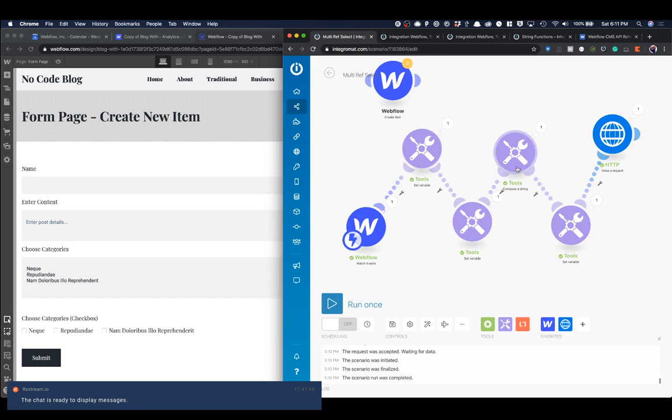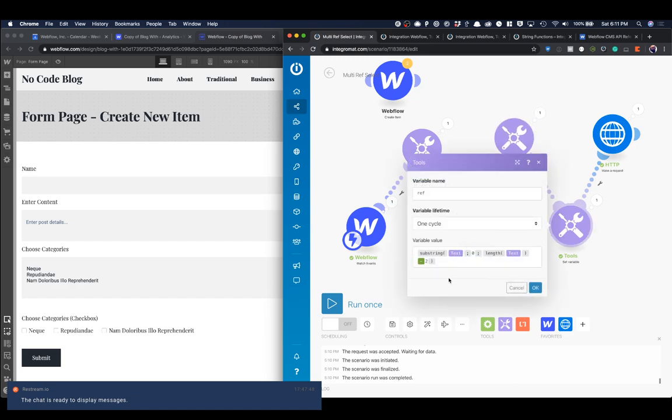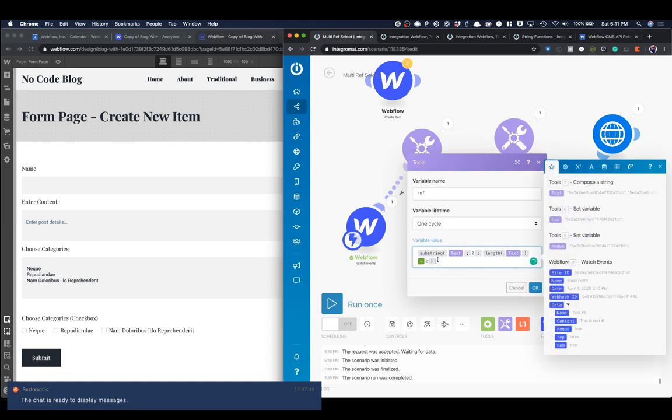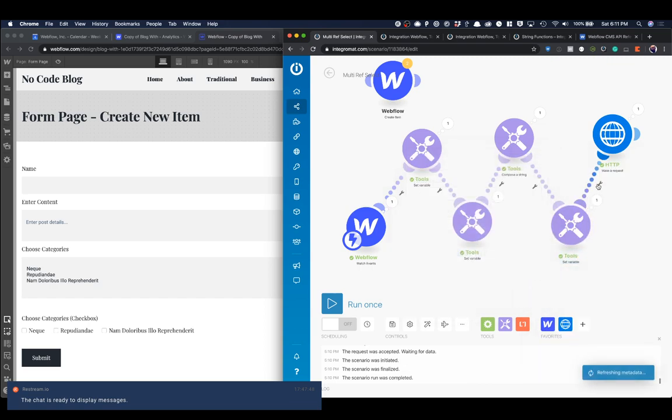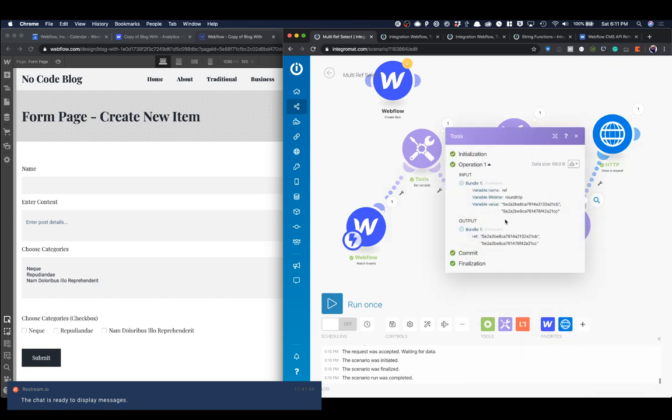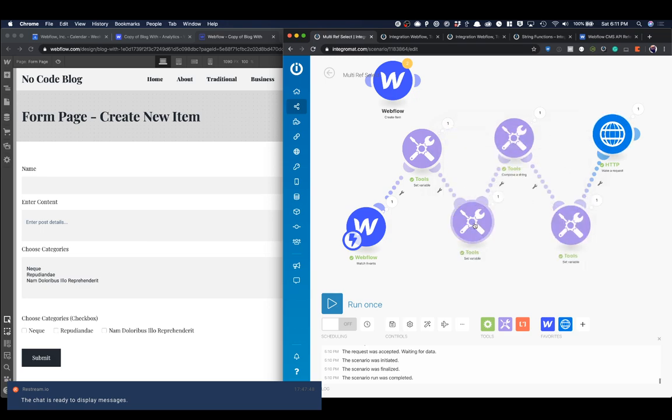And then that last, we're going to compose them all in a string with a tool, and then we'll just use this fun little equation here to remove the last 1 or 2 characters, however you set it up. And then what that gets you is your value. So the ID, in quotes with a comma and a space, and then the next one. So everything is returning like it should, and we're using HTTP to make the call instead of a Webflow module. So that's how this works in